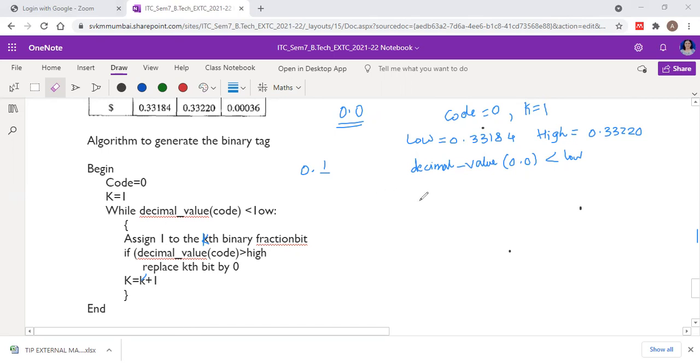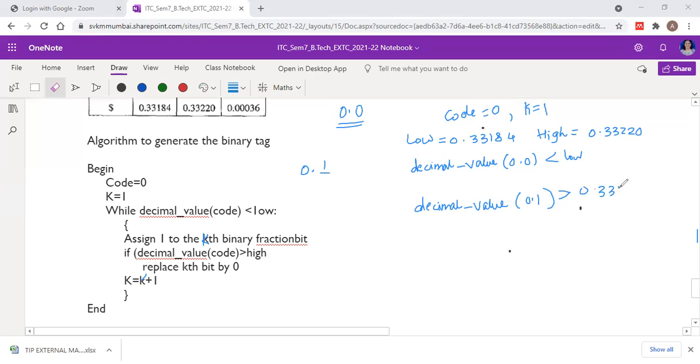So is the decimal value of the code greater than high? Let us check if the decimal value of the code, 0.1, is greater than high. What is high?